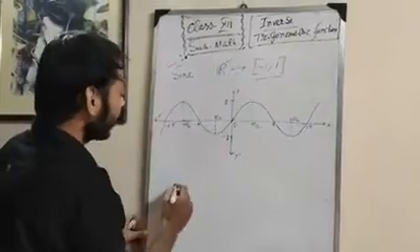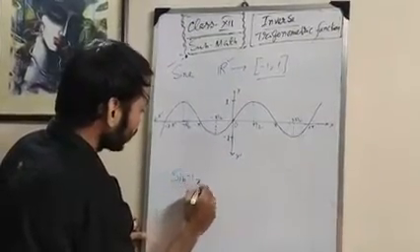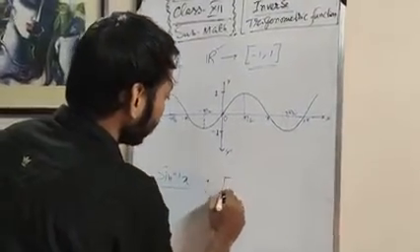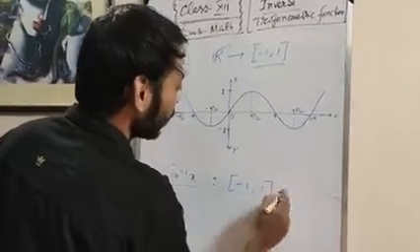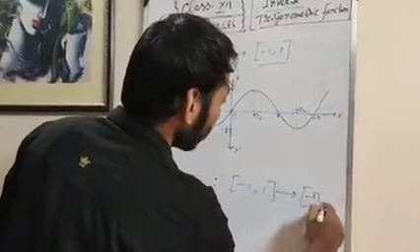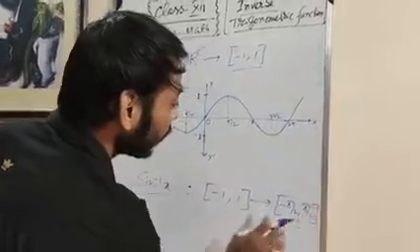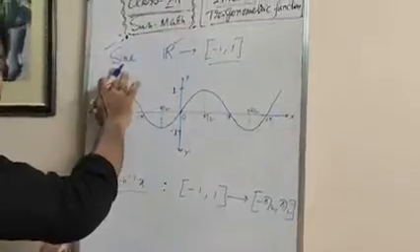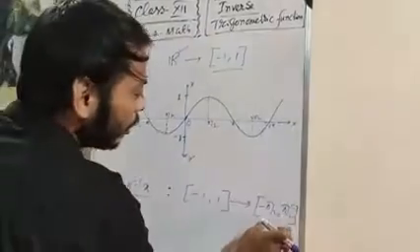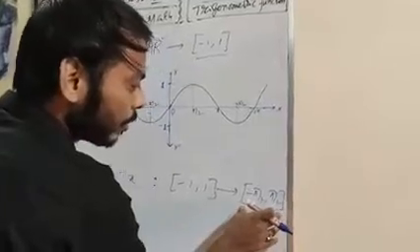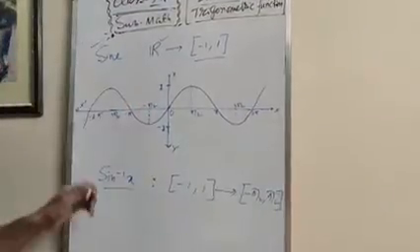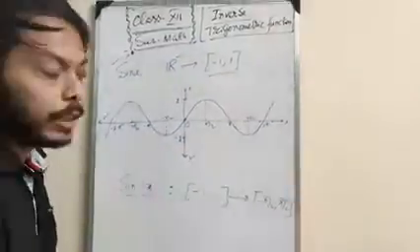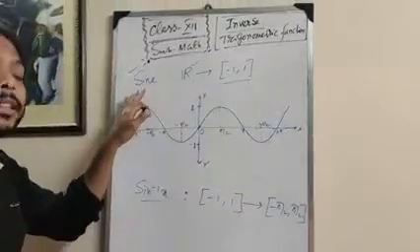So that's why for the inverse sine function, sine inverse x, it will be from the closed interval minus 1 to 1 to the closed interval minus pi by 2 to pi by 2. The domain of the sine function is restricted to this closed interval minus pi by 2 to pi by 2, a subset of the real numbers. That is how it is made a one-to-one mapping, and then we get the inverse of the sine function.